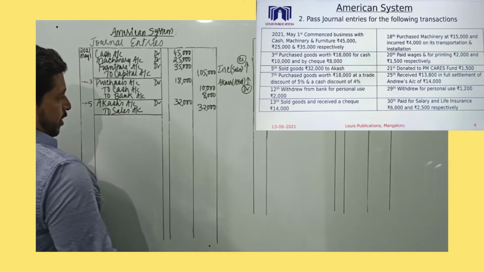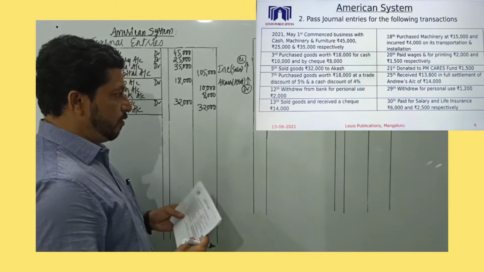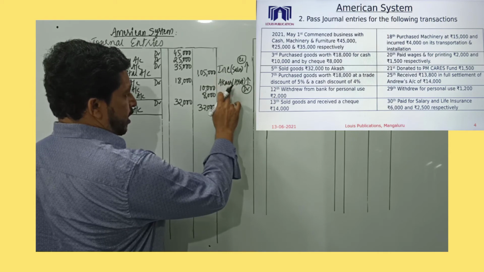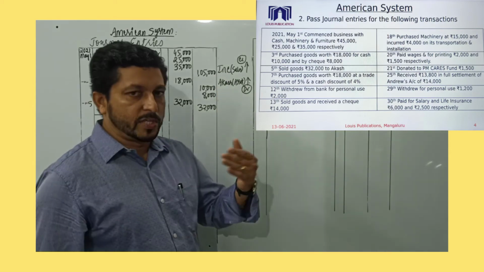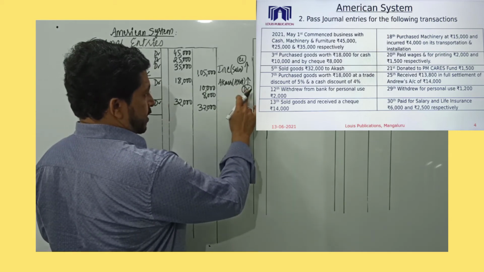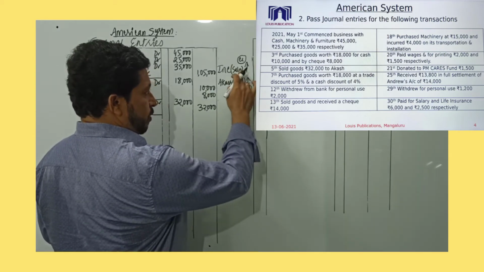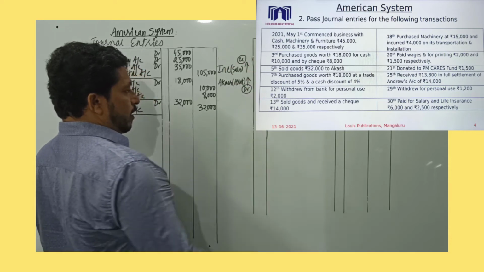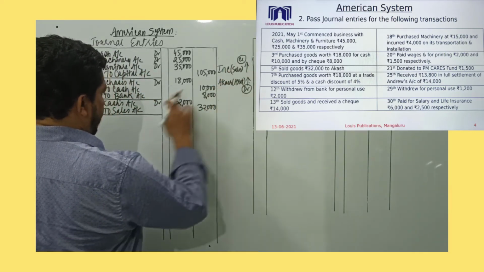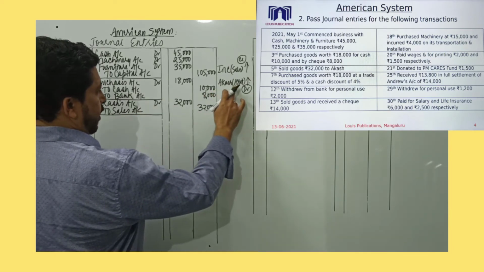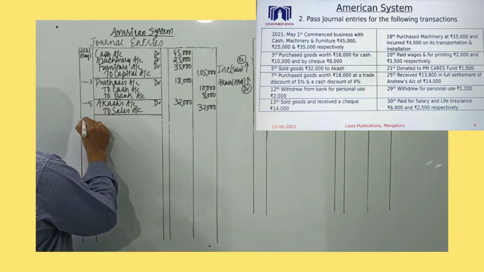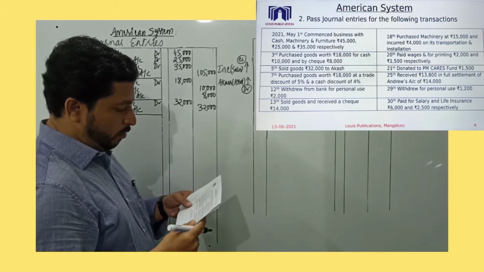This is a credit transaction, because nowhere the word cash is given. So sales represents income and Akash becomes our debtor. Business has to receive money from Akash. So debtors is an asset. Asset value increases because Akash has to pay, and sales is an income. Income value increases, and increase in income is always a credit. So sales account will be credited. Increase in asset is a debit. Akash's account will be debited. So being goods sold to Akash on credit, that will be written.